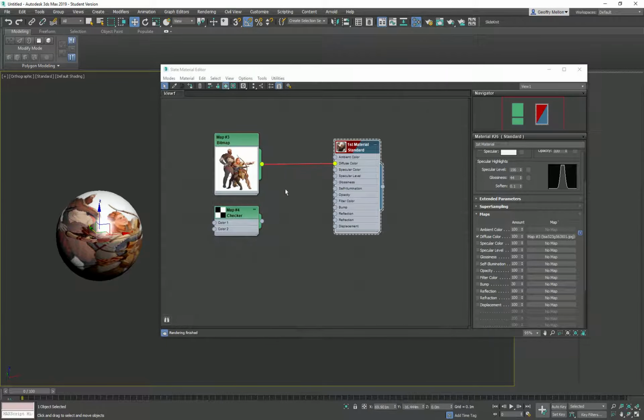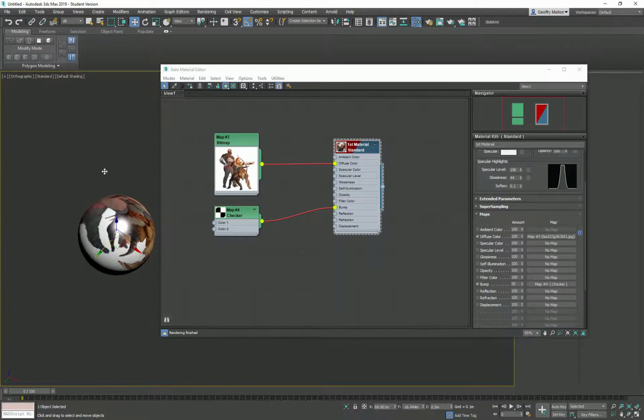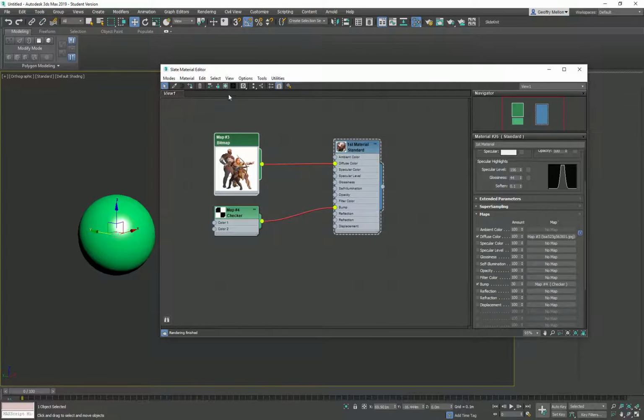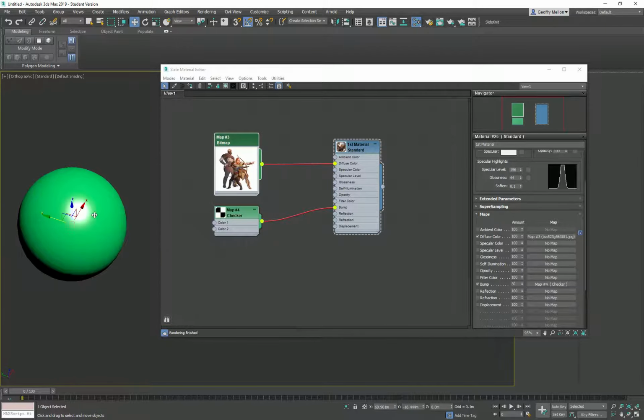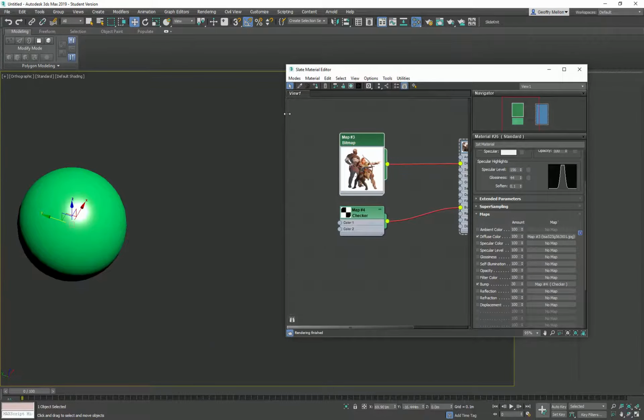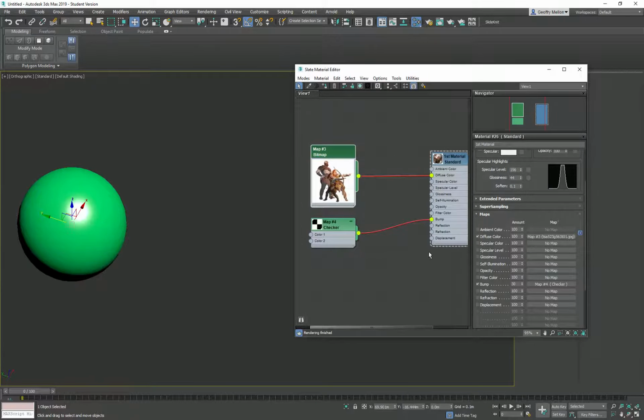I'm going to take this checkerboard and drag its dot to bump and see if we can get anything to show up. Let me turn off this. There. Yeah, I'm not even seeing it at all. Yay, bump map. So,